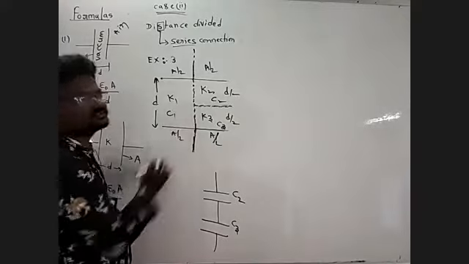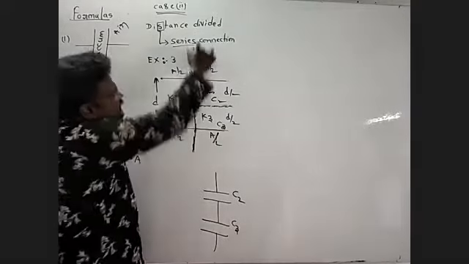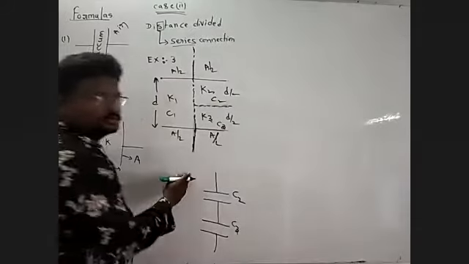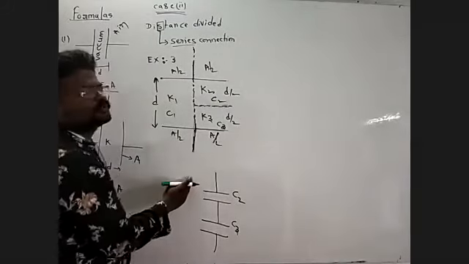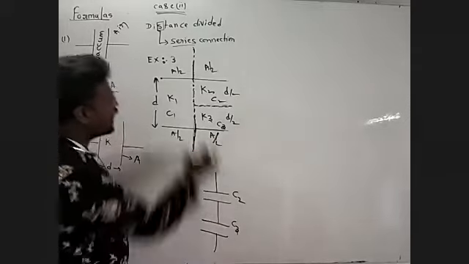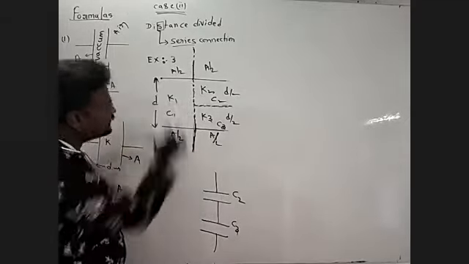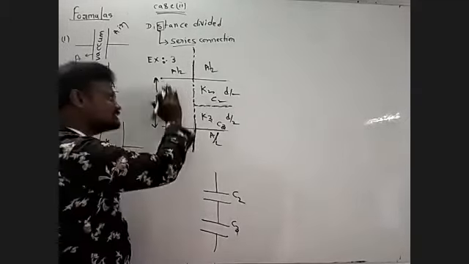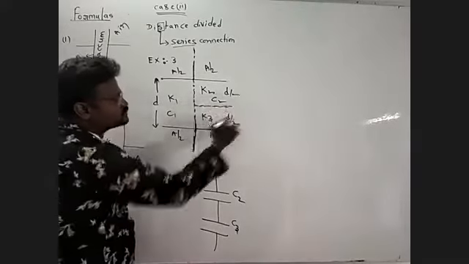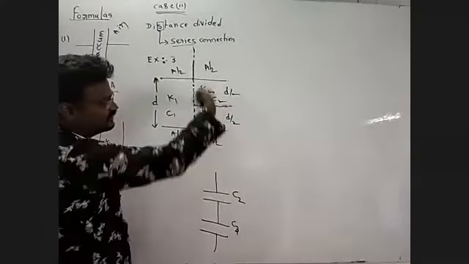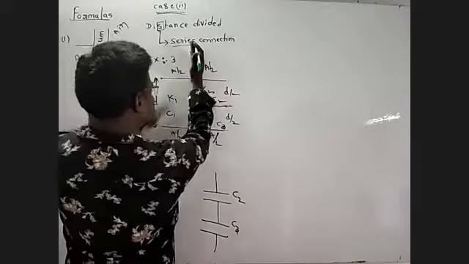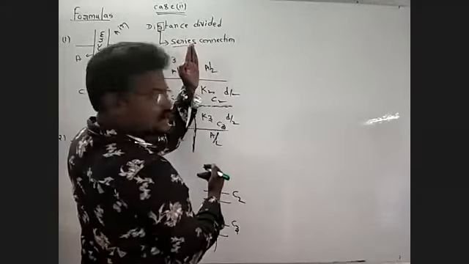This is a capacitor, this capacitor. This is the area cut. This total capacitor can be divided by area into two parts. One is this capacitor, the other one is this capacitor. So area can be divided means this capacitor, C1, and another, the C2, C3 capacitor. Both are considered as one capacitor. This part is one capacitor, and this part is considered as another capacitor.